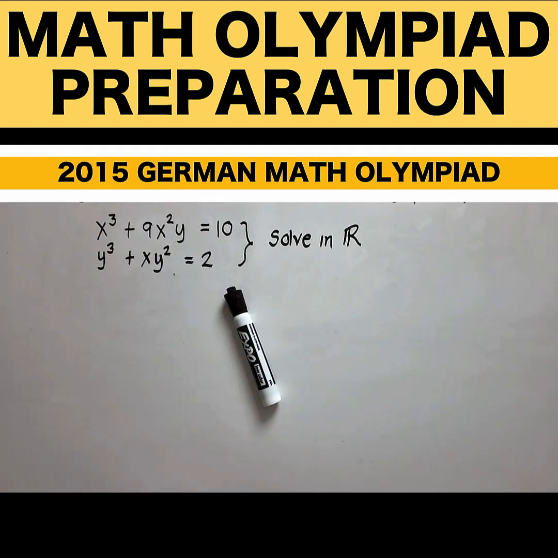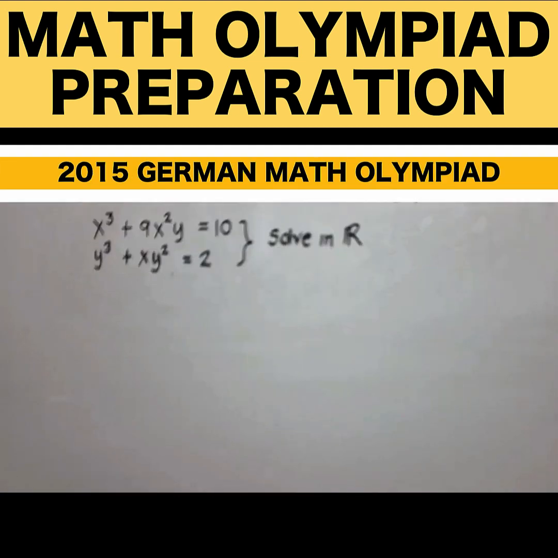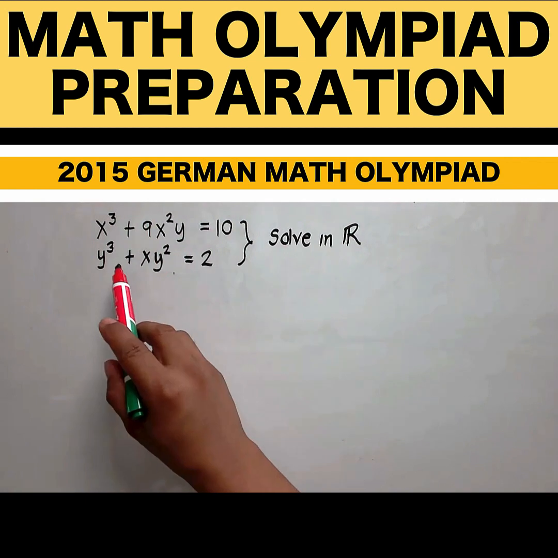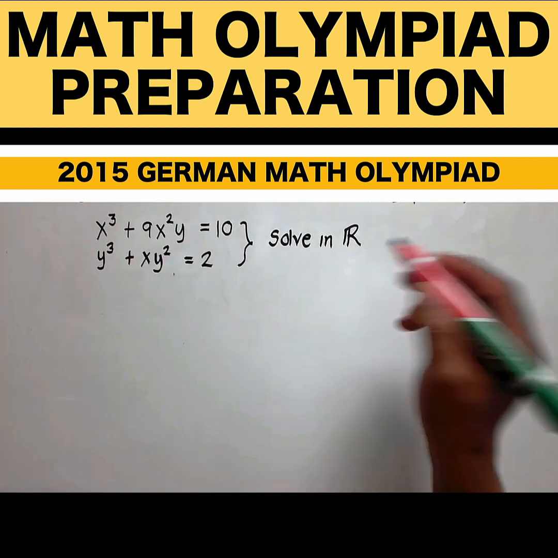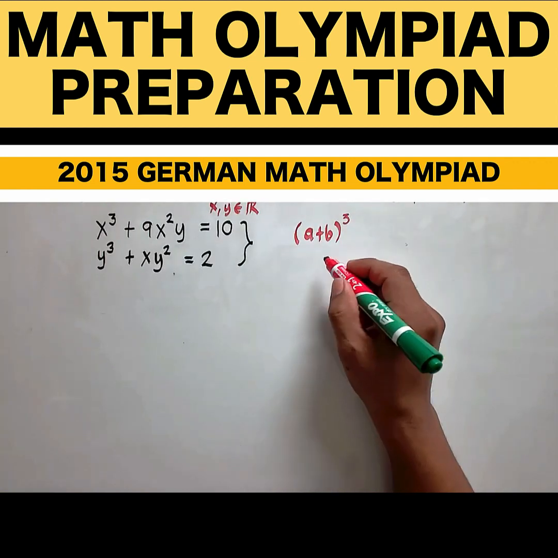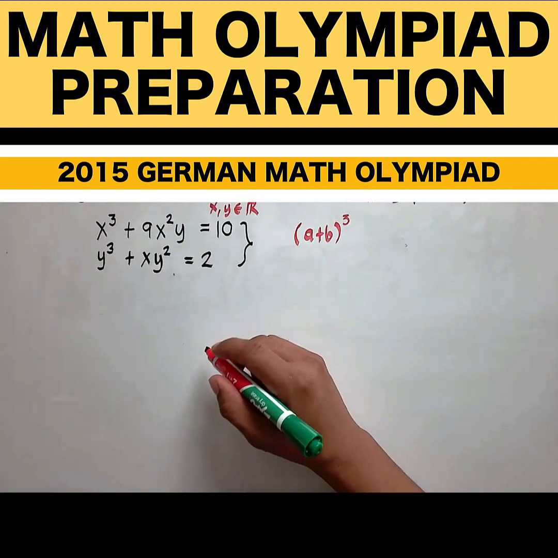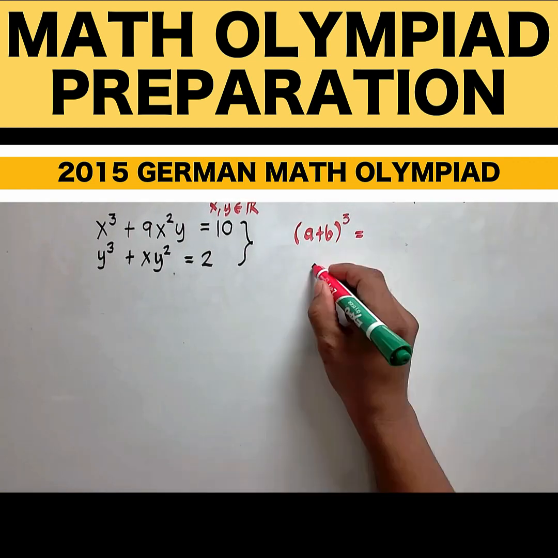Now, let's solve this problem together. Let's analyze the question. We have here x cubed, we have here y cubed. So this is a cubic equation. Let's recall the cube of a binomial. Let's recall that if we have this cube of a binomial, the expansion of this would be, first let's recall